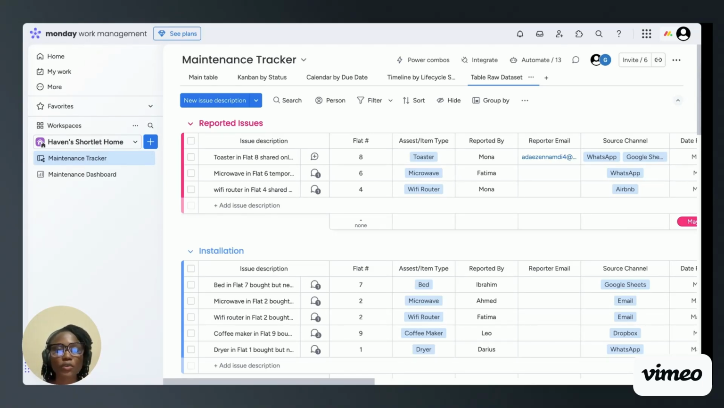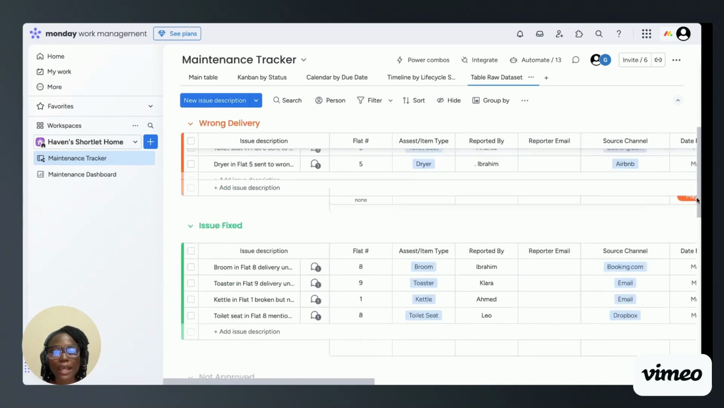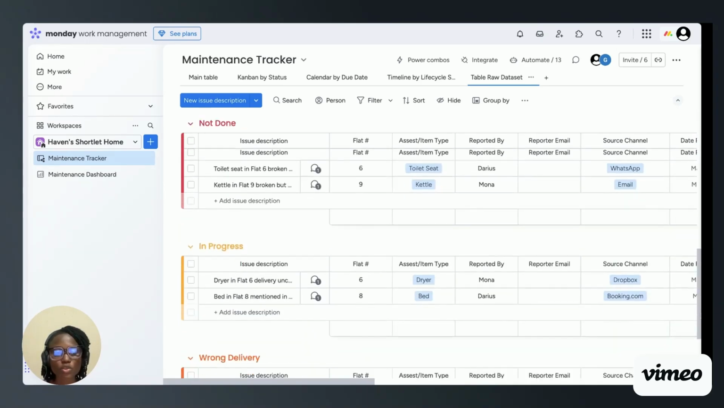But today I want to walk you through a project I did for a short-let business who had very messy data, and I transformed that messy data into a real-world maintenance workflow in a monday.com workspace, making it clear, collaborative, and actionable for people to work in. If you can see from the screen, this is my workspace, and these are the items that were messy that I had to create from scratch to put into this